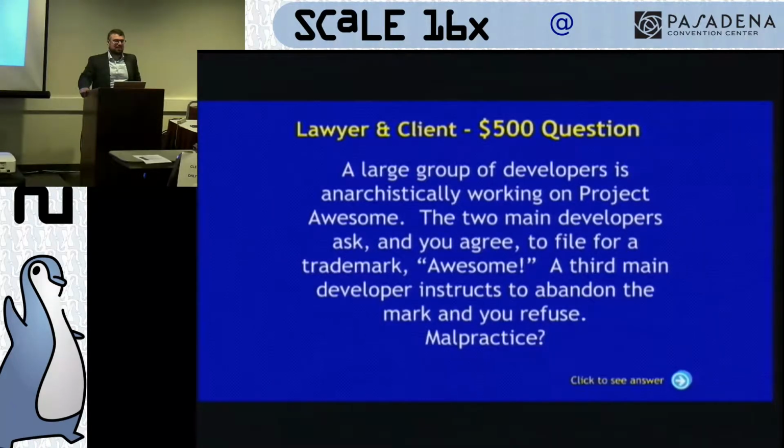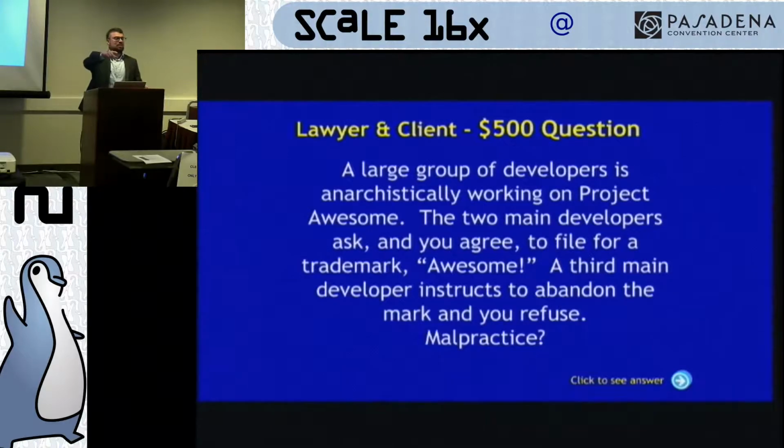Maybe you did that because that's what one would do in this situation, and you left a certain number of weeks of a notice period for people to discuss, leading into a very obvious documented consensus. So when the third main developer instructs you to amend the mark and refuse, even if this project governance process has already happened, therefore you have to automatically have the right to